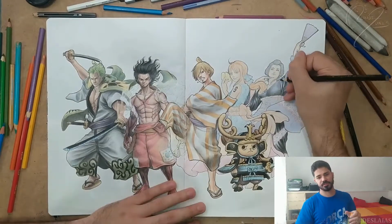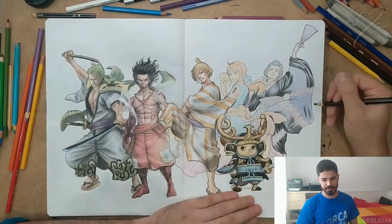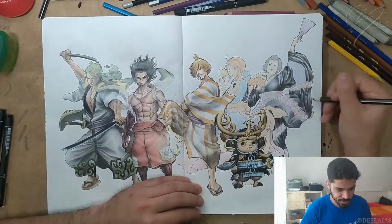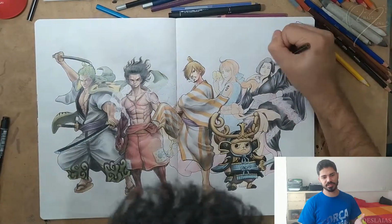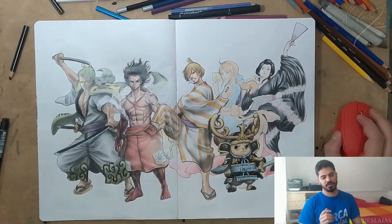And afterwards, something I really like to do is use a blending stump. It should be just coming up, because, well, you can see when you use colored pencils, you